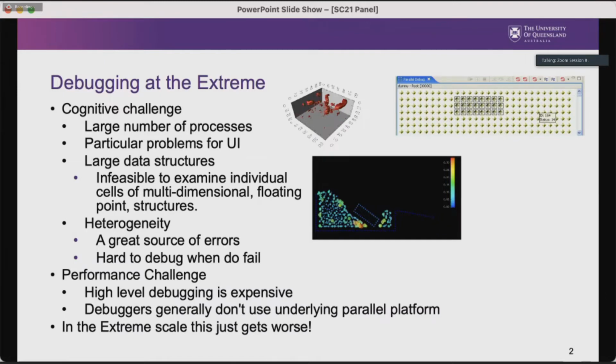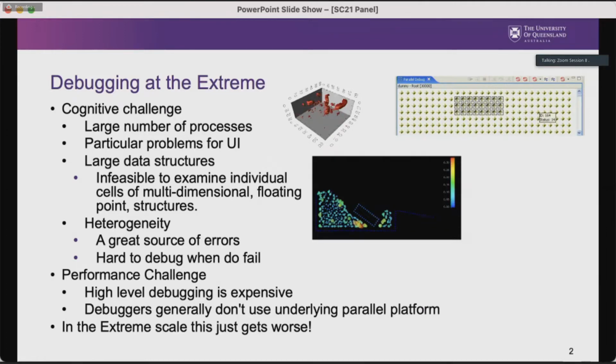The other problem we have is a cognitive one, in the heterogeneity that Bart talked about in the underlying platforms. So that causes a few challenges. First of all, the heterogeneity is often the source of the problem. It's when we put something onto another machine and it no longer behaves the way it used to behave. So that heterogeneity in the underlying platform introduces errors. And then also the heterogeneity creates huge challenges for the tool builders, because we've got to straddle such a wide base. So they're the ones we classify into cognitive challenges.